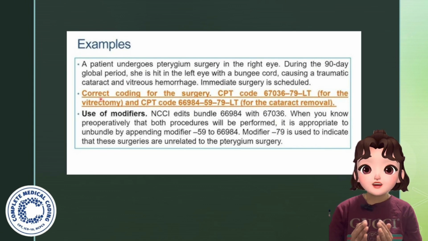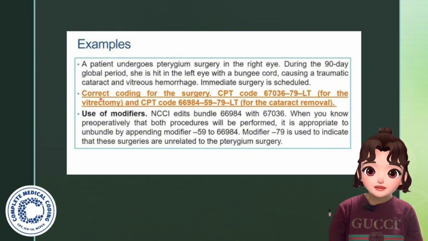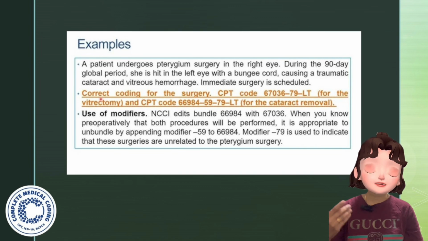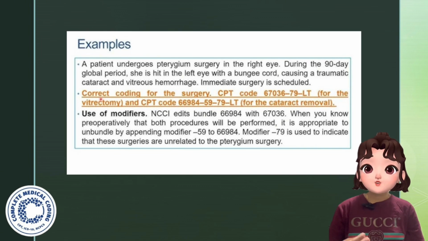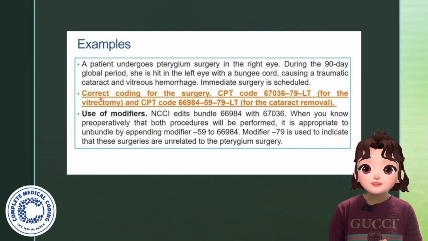When you know pre-operatively that both procedures will be performed, the initial pterygium surgery has already been done, but on the patient's left eye the surgery is just scheduled, not yet done. When you know pre-operatively that the procedure is going to be done, it is appropriate to unbundle both these services by appending modifier